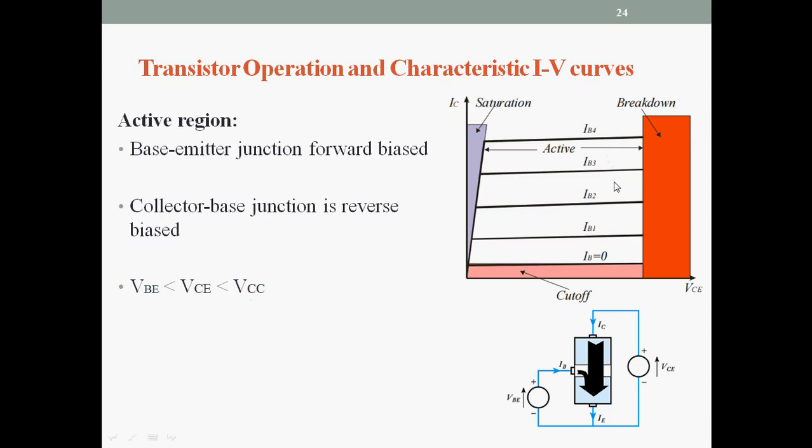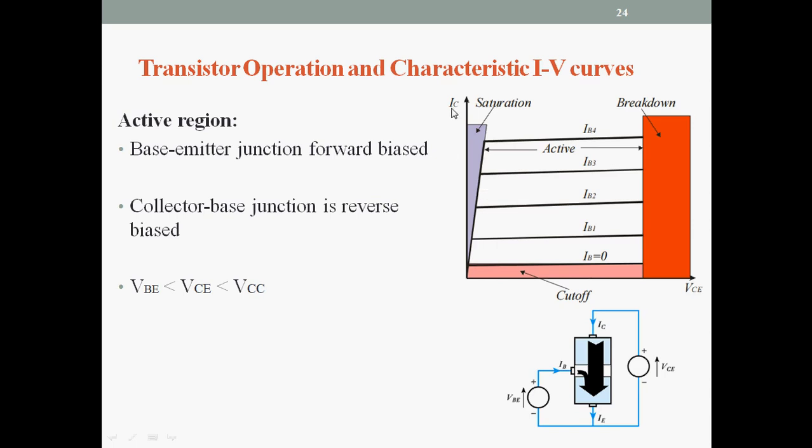From this IV characteristics graph, we can see how the active region works. The transistor has the active region in between the cutoff and saturation regions. For various currents IB1, IB2, IB3 and IB4, we have plotted the graph of VCE versus the collector current